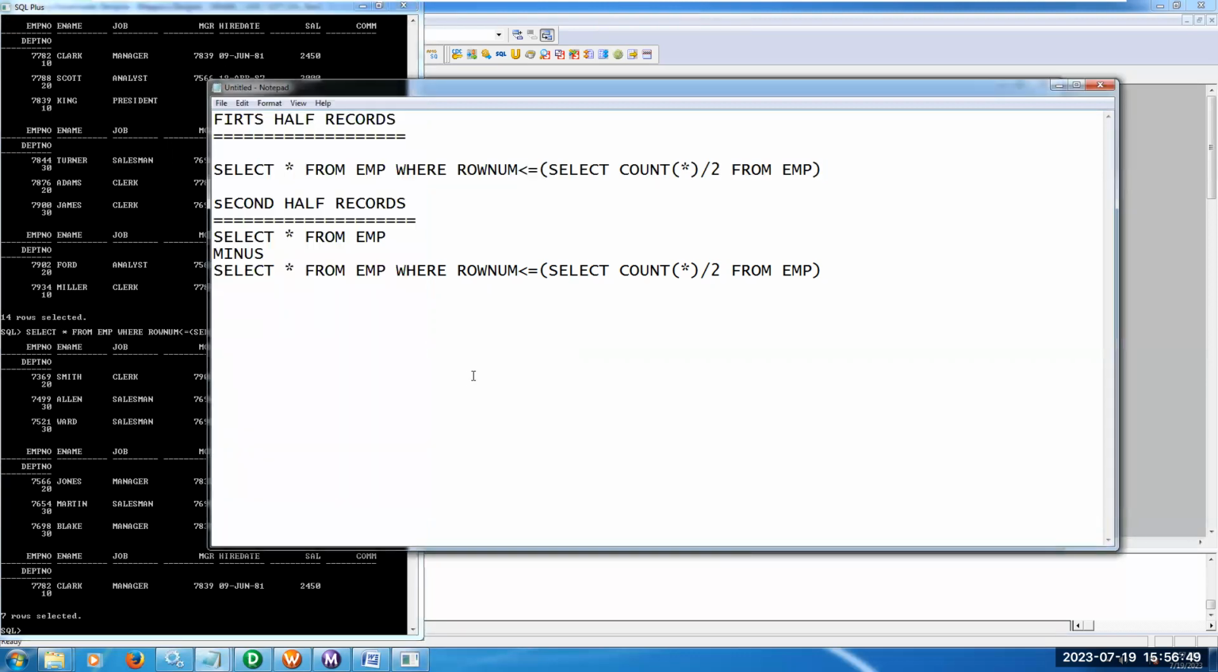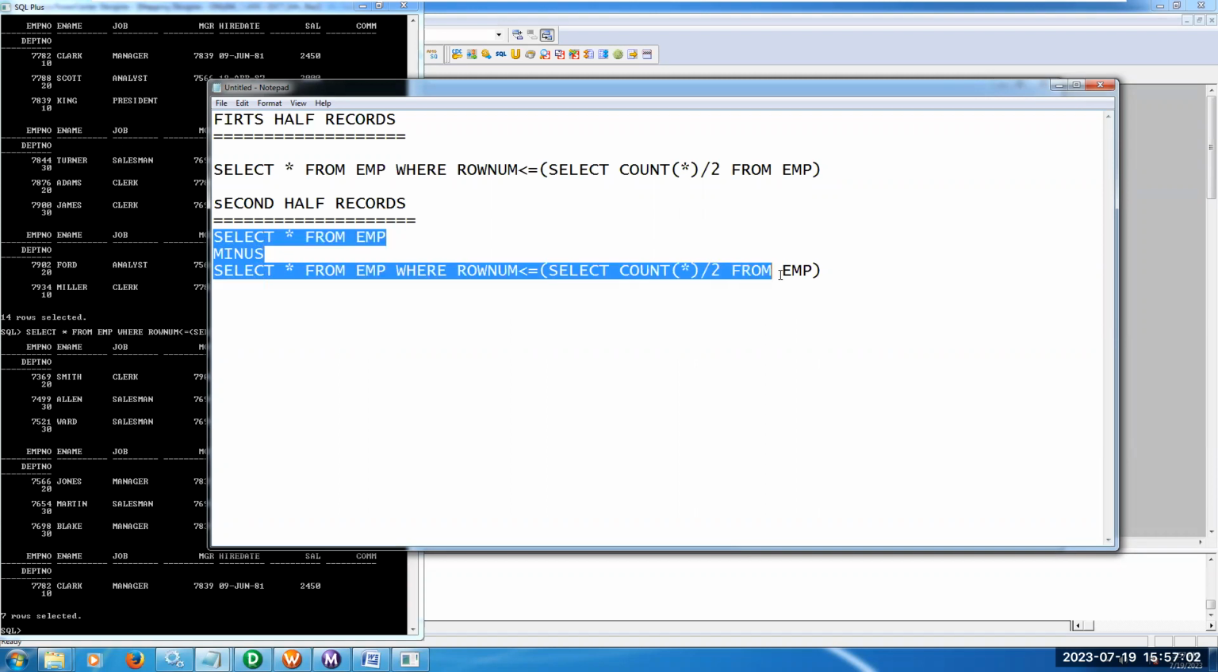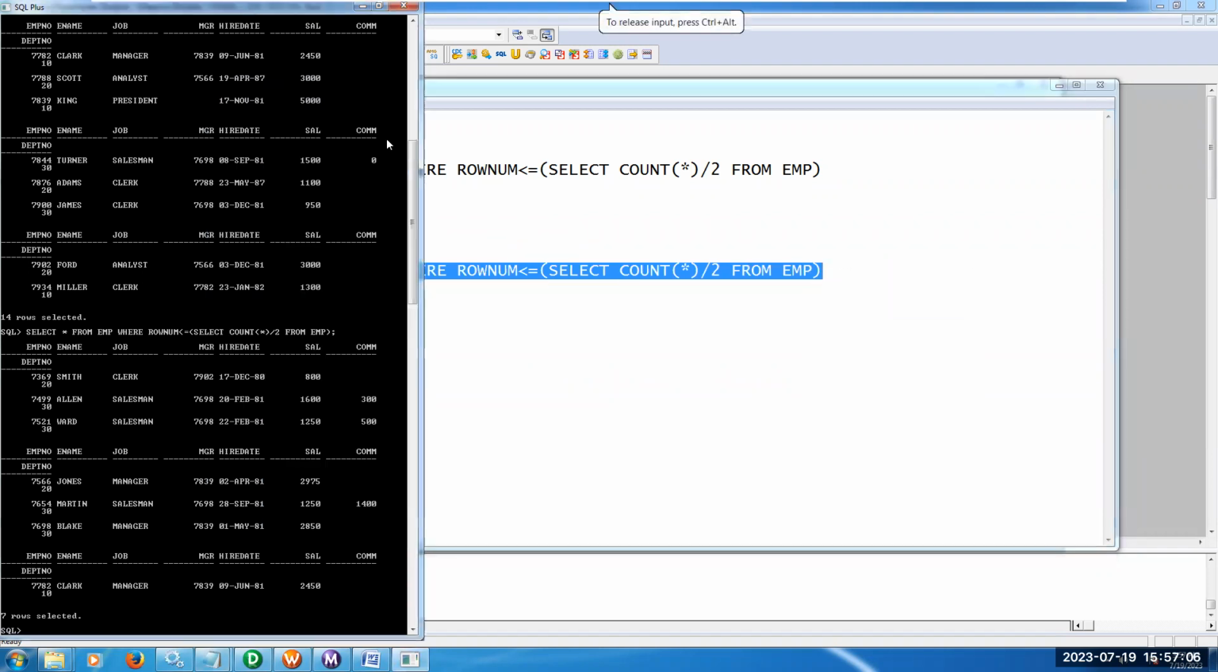In the same way, if you want to read the second half of the records, this is the query. So we have to minus these records. If you are minusing these records, it means the remaining records I can read. So this is the second half of the records. So I'm copying. You can check your database